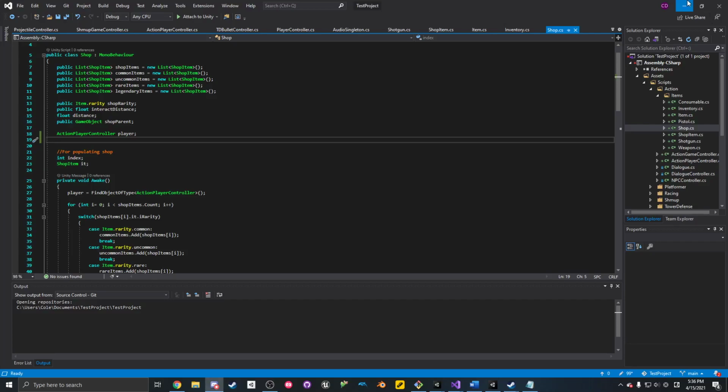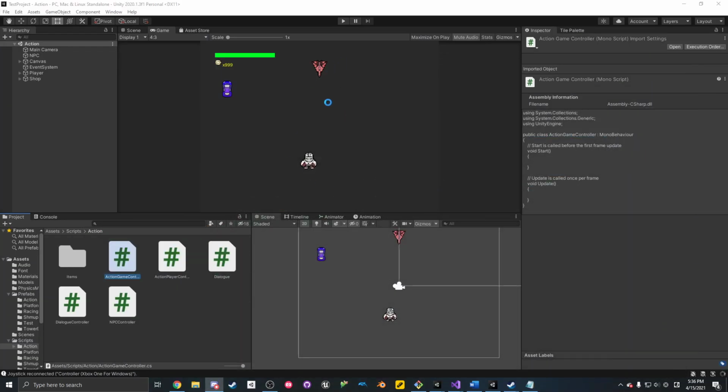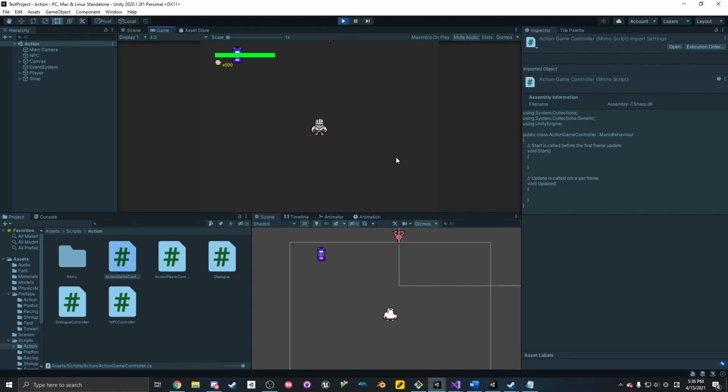Okay, so last time we had more on our inventory system. Let me share screen. That's probably important. There we go. So last time we had